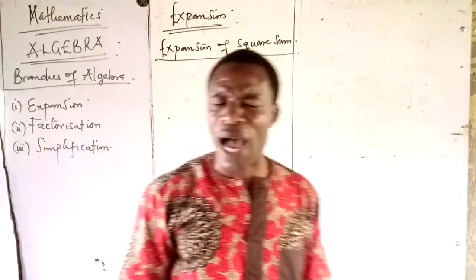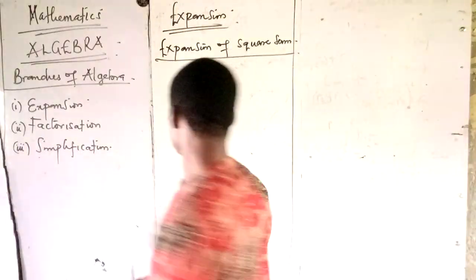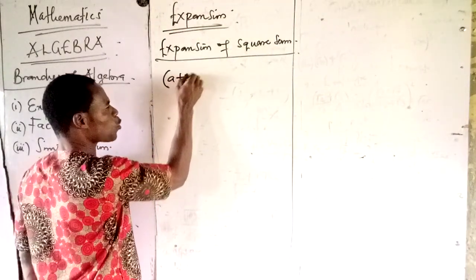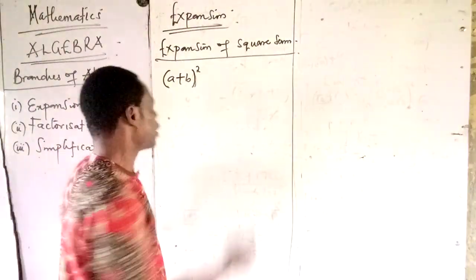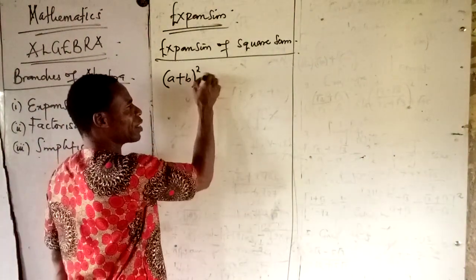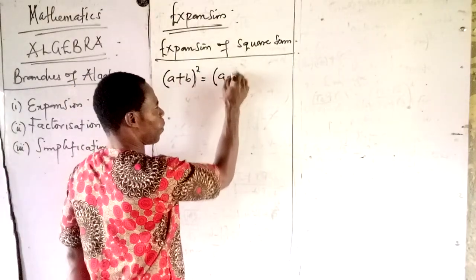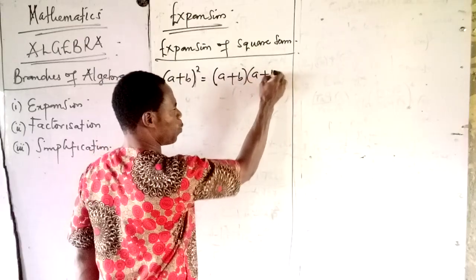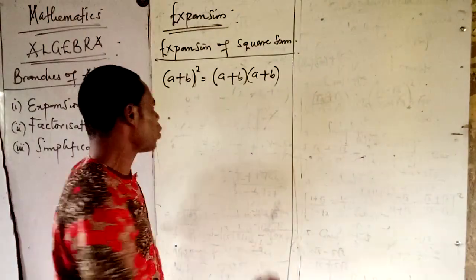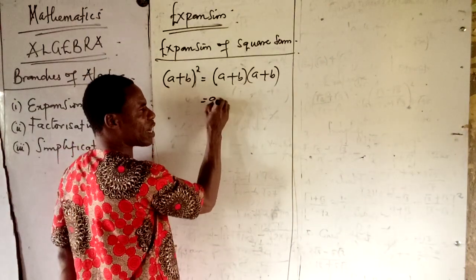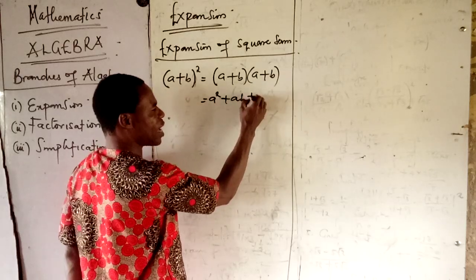If I have A plus B all square, it is A plus B into A plus B, which is in two places. And when we start expansion, A times A is A square, A times B is AB, B times A is AB,